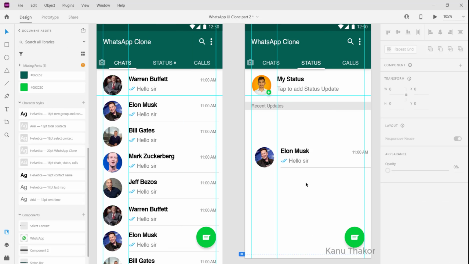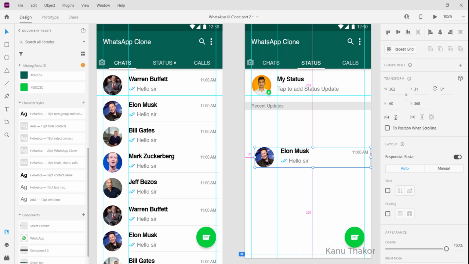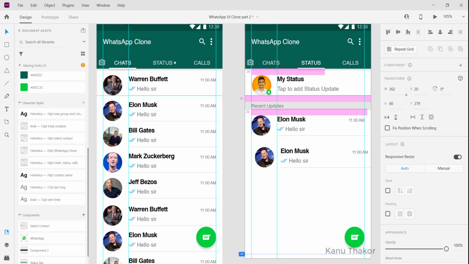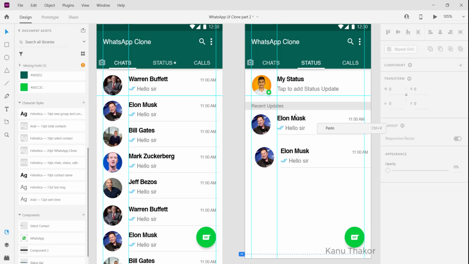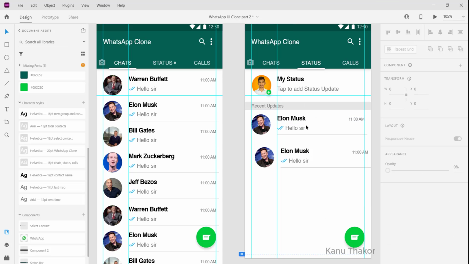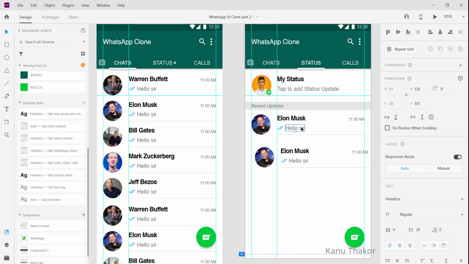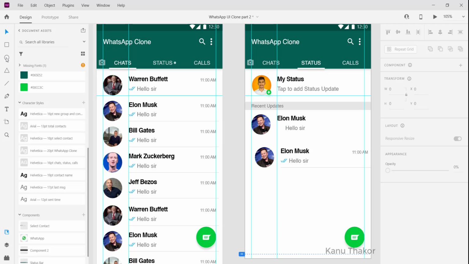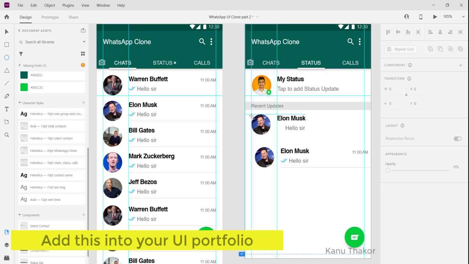Okay, so now we are going to add a recent status. I will copy this component and then bring it here, and first of all I will ungroup it by right clicking on that component and then ungroup. And here we will delete all those things which are not needed at this point. Here now we will select the ellipse tool and we are going to make a circle.